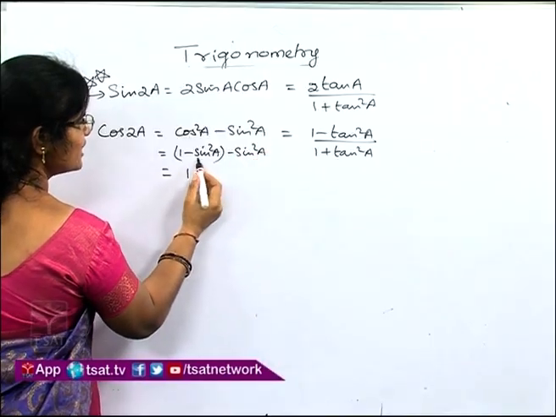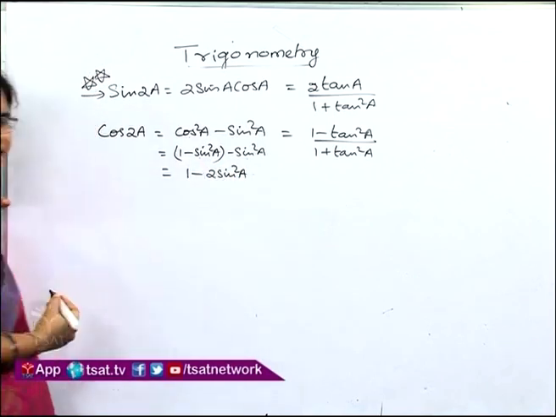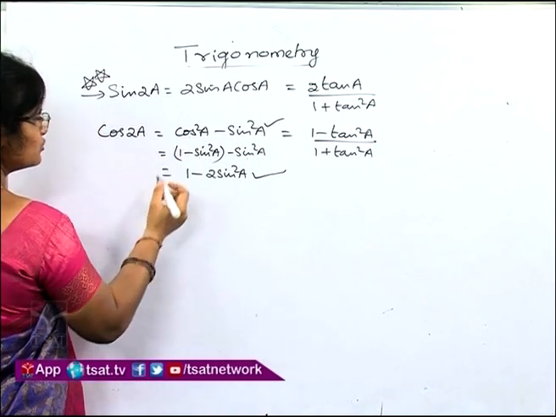So, 1 minus sin square minus sin square, that is nothing but 1 minus 2 sin square a. This is also one formula, children. This is also one formula. And if you change